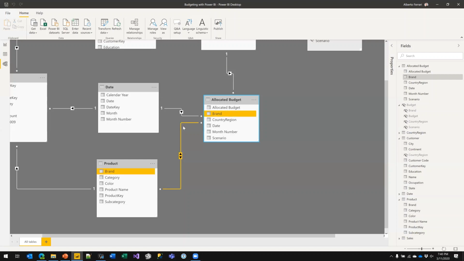The thing is that in this case, the engine had to use bidirectional because the cross filter always goes from the one to the many side. And in this case, because both sides are the many side, the engine doesn't know which table should filter what. So it uses bidirectional by default, but we can change that.